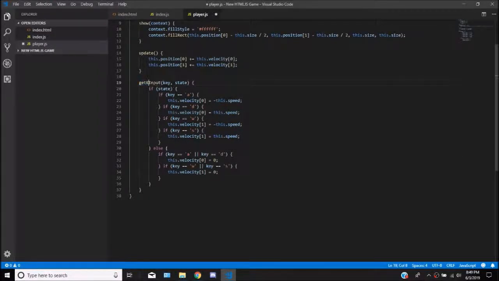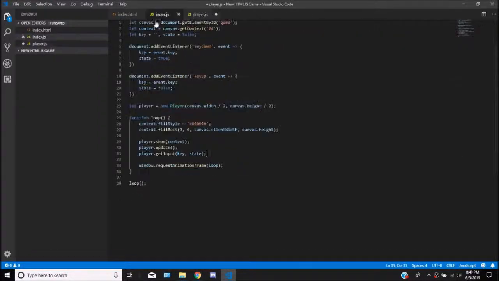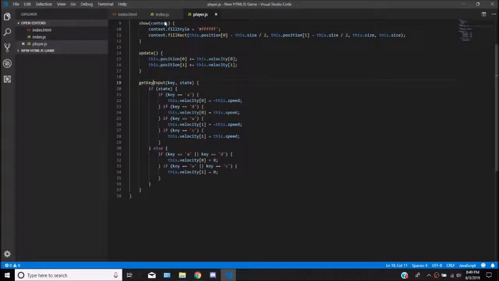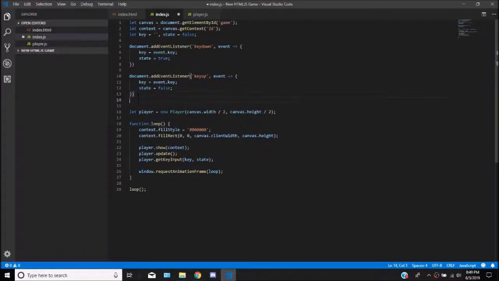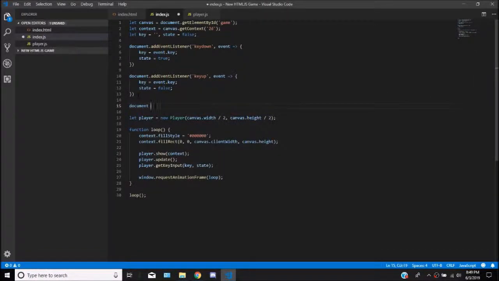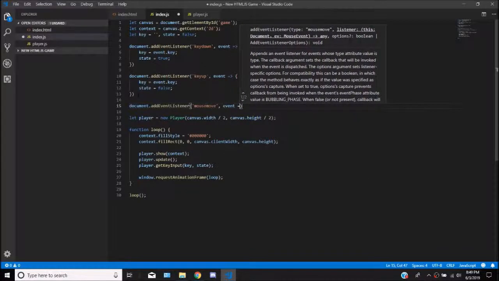I'm going to just say get key input, and we're going to say get key input in here as well. We're not going to get rid of this, we're just going to add a new one. So the first thing we're going to want to do is obviously add an event listener. So after all this, we're going to say document.addEventListener, and we're going to say mousemove and event arrow syntax,